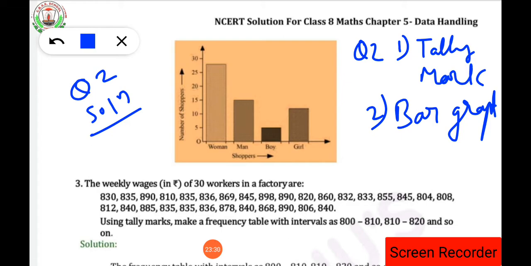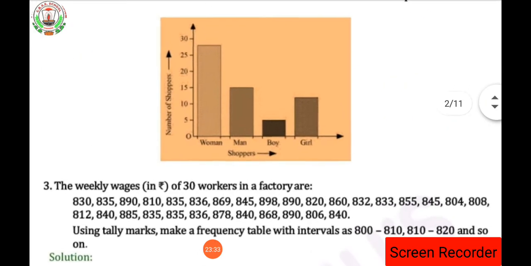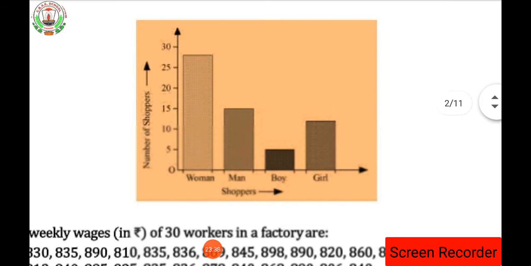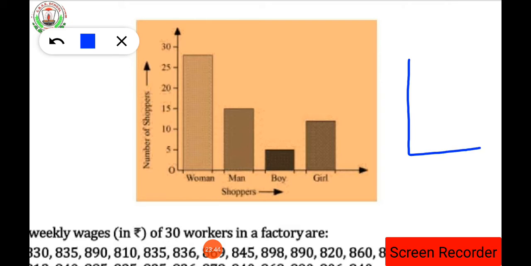So for the bar graph students, what you have to do is take a graph paper. Okay, take a graph paper and in that graph paper you have to draw this. Clear everyone? So let's see what you have to do. You have to draw an x-axis and y-axis. Clear? This one is the origin. Vertical you have to draw the y-axis and horizontal you have to draw the x-axis. Then you have to mark the interval as 0 to 5, 1 box. Okay. Then 5 to 10, 10 to 15, like that up to 30 you have to mark.